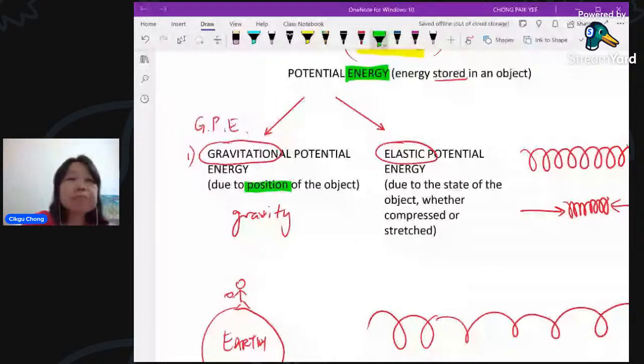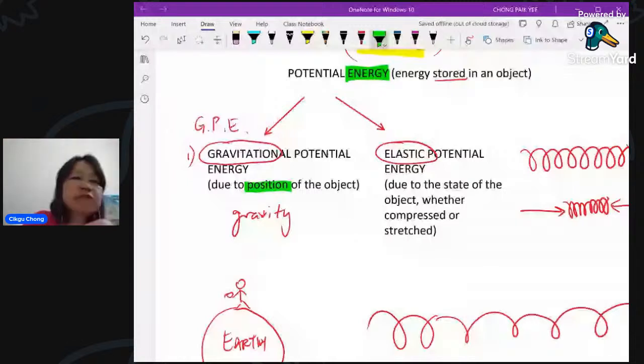So when you want to build a building, you find all these construction companies have to drive the pile into the ground. They will pull it up, and then they will let it drop. When it drops, the impact hits the pile, and it drops into the ground. Okay, the pile will go into the ground. So this is making use of